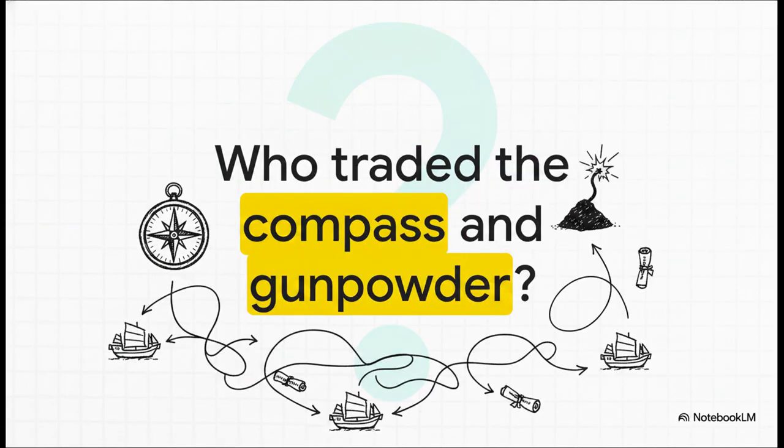Question 3. Which regions' trade networks were responsible for moving the compass and gunpowder? Basically, which empire innovated these crucial technologies that eventually spread across global trade routes? Got it? The answer is China. And honestly, that gunpowder eventually blew up medieval warfare as they knew it. Their massive trade networks pushed these innovations out into the wider world, changing navigation and conflict literally forever.